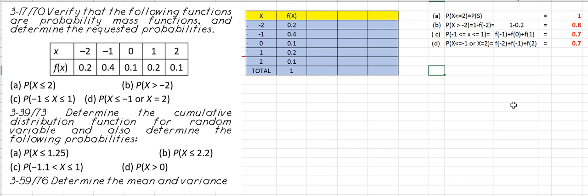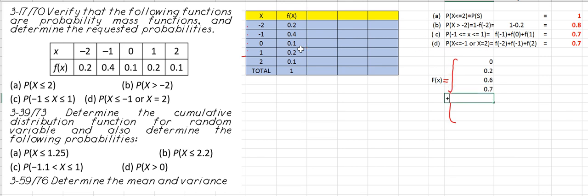Now, let's have the cumulative distribution function. So for capital F of x, that would be a cumulative distribution function. It should always start with 0. And then we're going to add the probabilities until we reach 1. So it would be 0, 0 plus 0.2. Next would be 0.2 plus 0.4, correct. And then 0.6 plus